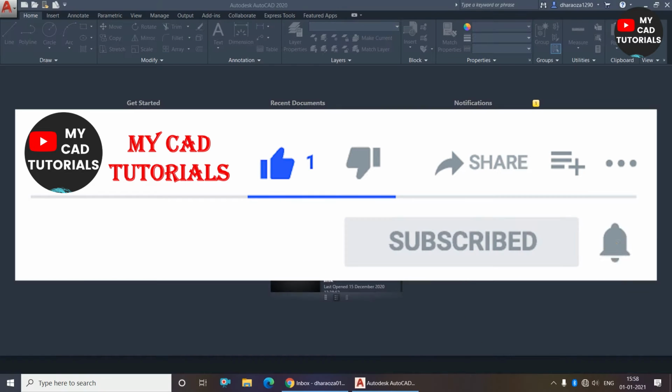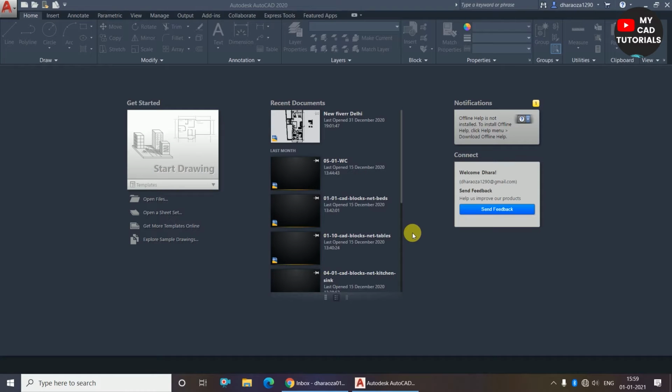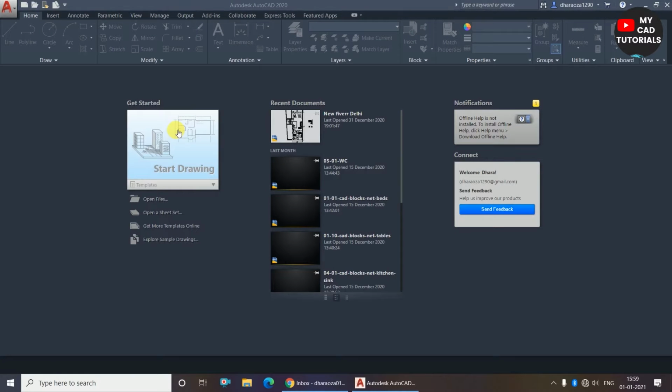In the previous video we saw the introduction of AutoCAD, that was about what AutoCAD is. Now, in this video, I am going to introduce the AutoCAD screen. You can see one screen is open here. This screen is the first to appear when we open AutoCAD. Whenever we open AutoCAD by double clicking on the AutoCAD icon, this will be the first screen, which is called the startup interface or welcome screen of AutoCAD.